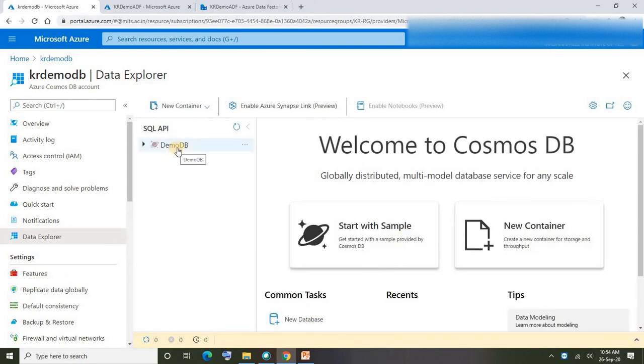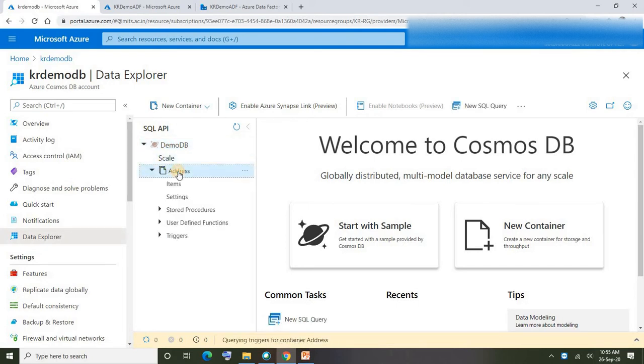I spoke about Cosmos DB architecture in my previous video. Just have a look at that in case you want to know more. This is the database. And by the way, this Cosmos DB account is created with the SQL API. Generally a Cosmos DB account will support multiple APIs. I have done a video on that already. Please watch that video to get a better understanding of the different types of APIs supported by a Cosmos DB account. Now the database, and within the database this is the container.